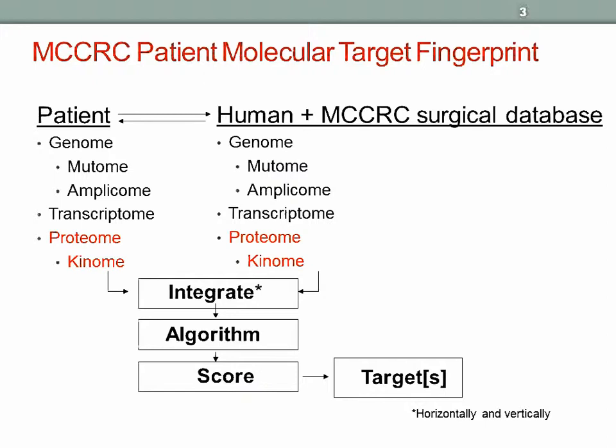So this basically is what our goal is at the Crowley, to be able to really get a molecular fingerprint on each one of our patients. We start out with the tumor and the normal cells from the patient so we can see how the tumor is different from the patient's normal cells. And what we want to do is really break down the tumor genome. We want to know what are the structural and non-structural changes in the